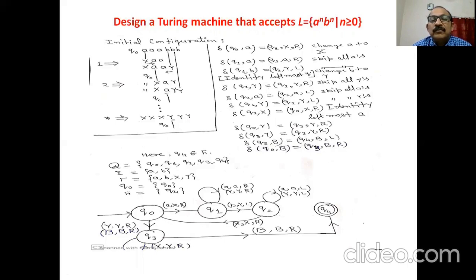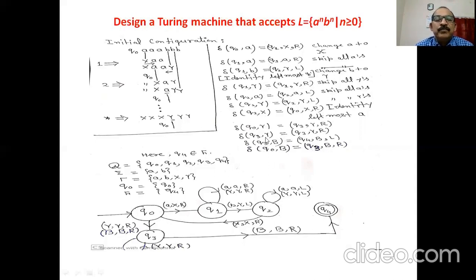Okay, is that clear? Here you can also observe what will happen if an empty string is input to the machine. Here you can see the language also has the empty word. So this transition function takes care of this: machine in the initial state, if the input string is blank, empty string, machine directly goes to the state Q3, replaces this B by B, and moves in the right direction.